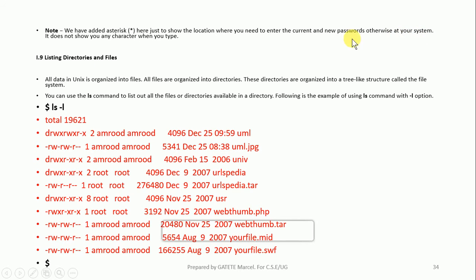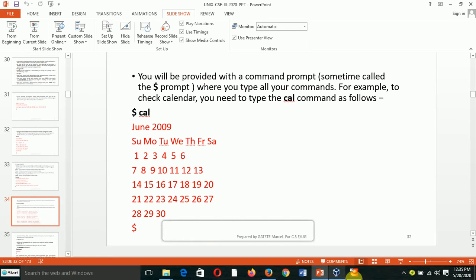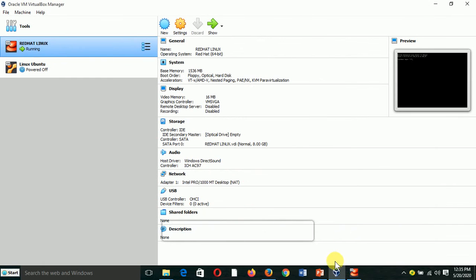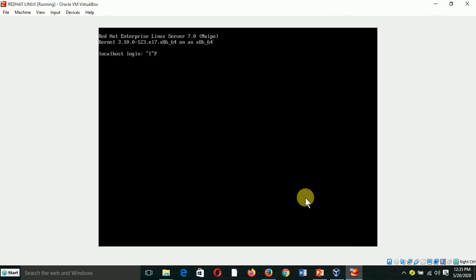Otherwise, your system doesn't show the password. So let's see this in practice. What I have to do is go to VirtualBox and do the same. I will log in again as root, and